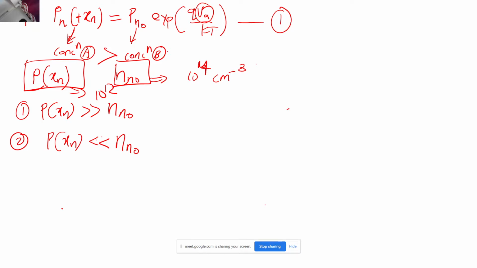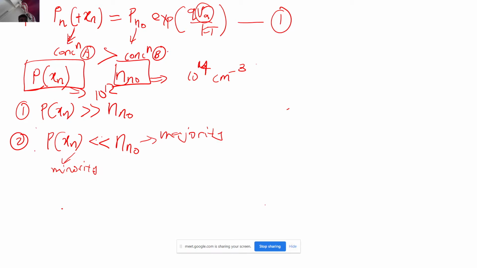Yeah, correct. Option B is the condition, because these are the majority carrier concentration, right? This is the majority carrier, and these are the minority carriers that I am injecting. So the minority carrier number should not be so high that they overwhelm the majority carriers that I had on the N side because of the doping. This should not happen, or else we cannot use the minority carrier diffusion differential equation. That will become invalid if you have a high level injection.